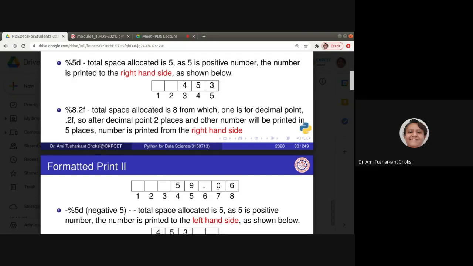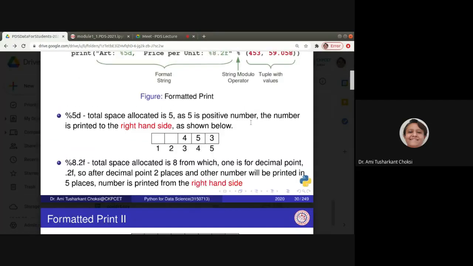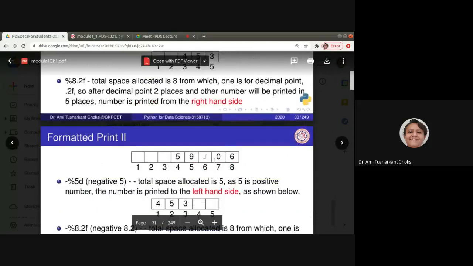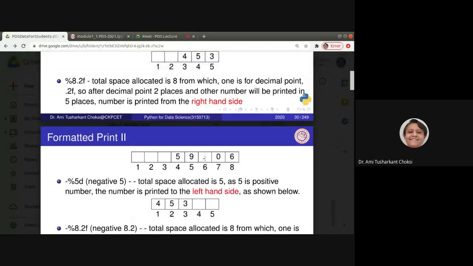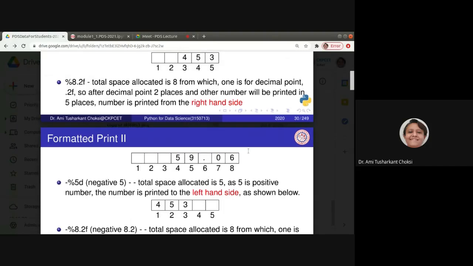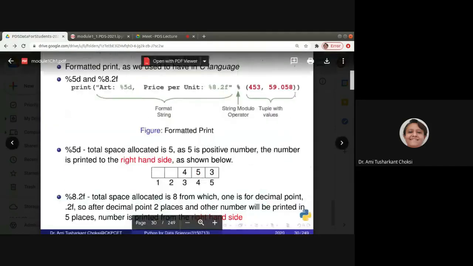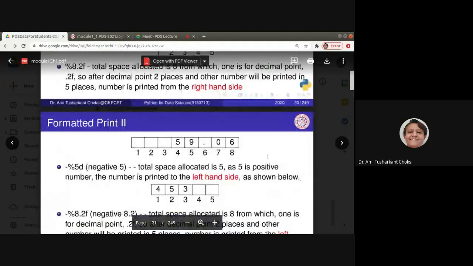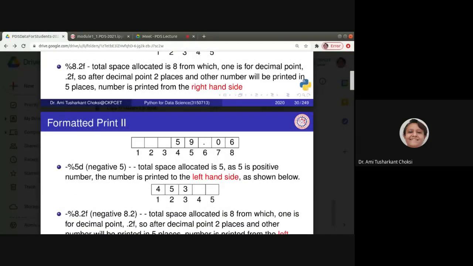So these three things we have provided, fine. So what is our number? That was 59.058, right? So we can say 59, that we will see a bit later, but dot 058 is there. Here it is printing 0.06.